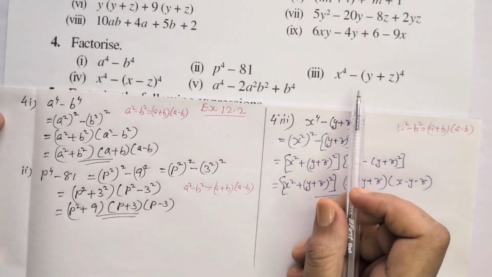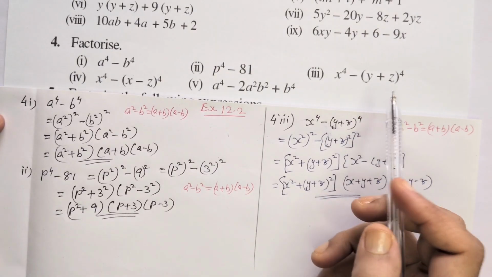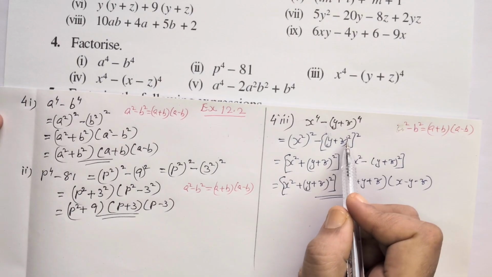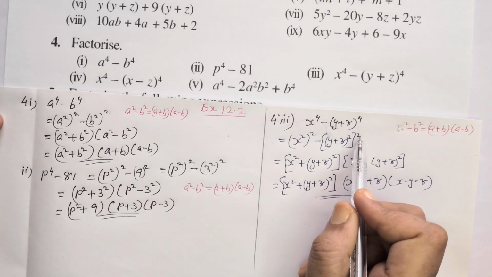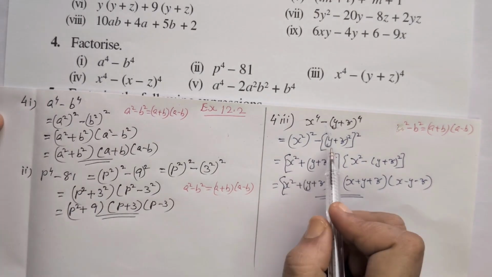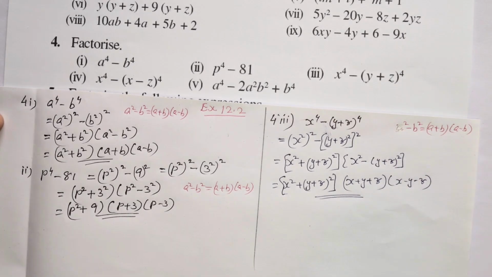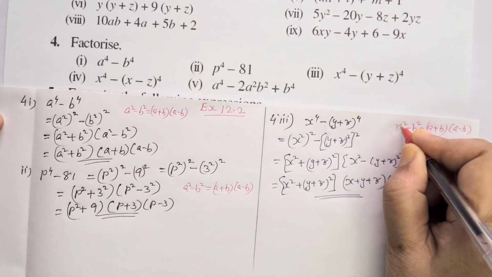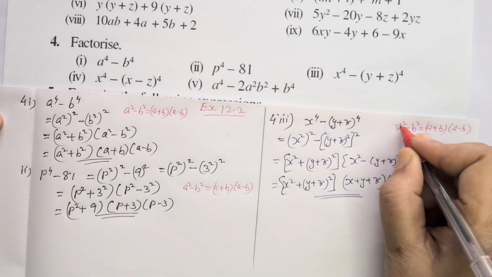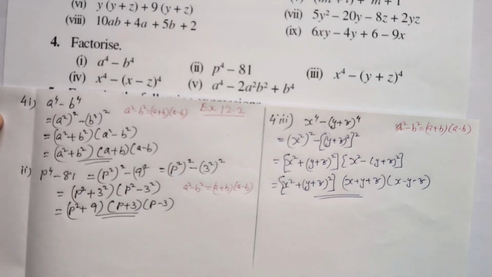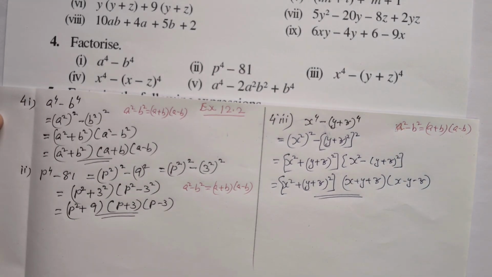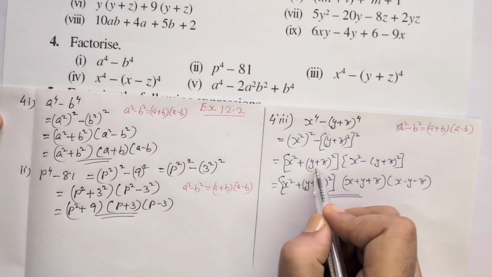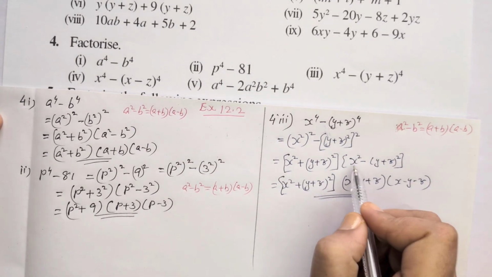The third one, x raised to 4 minus y plus z raised to 4. That we can write as x square the whole square minus the second term, y plus z the whole square, again the whole square. So, using the identity a square minus b square is equal to a plus b into a minus b, the same way here, a plus b, that means x square plus y plus z the whole square, then a square